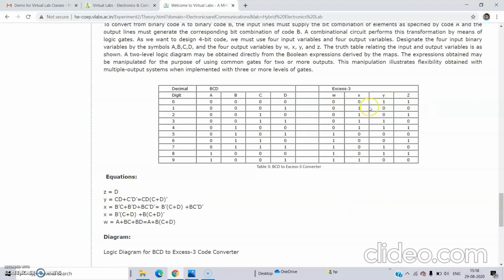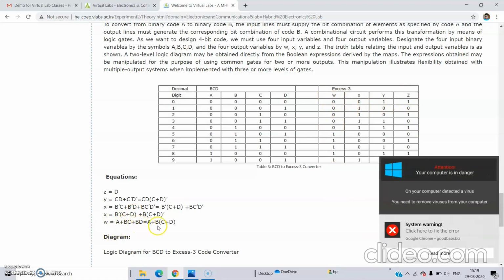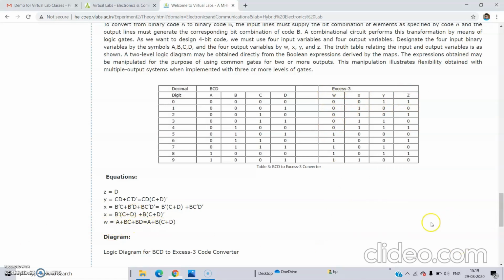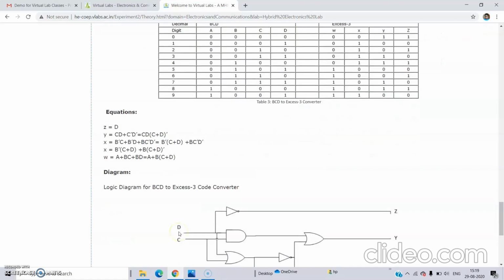The MSB of XS3, that is W, will be A plus BC plus BD, or A plus B into C plus D. By using K-maps we arrive at these equations, and we are going to implement these equations and check the BCD to XS3 converter.